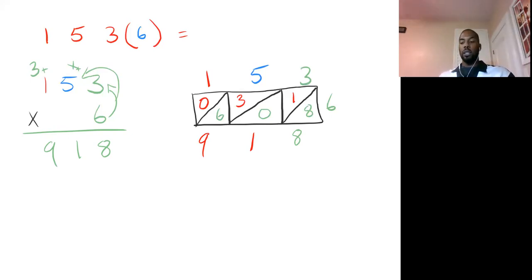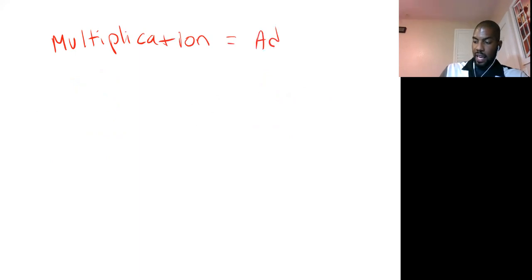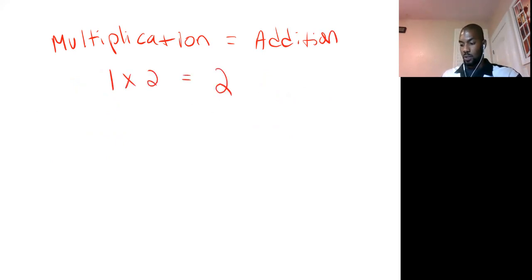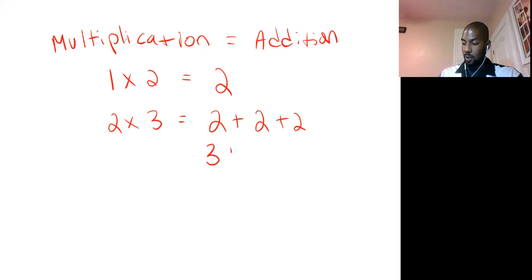So today, what did we learn? First, we learned in Mr. Thomas Teaches, multiplication is the same thing as repeated addition. It's the same thing as adding the same number to itself several times. 1 times 2 is the same as saying 2 plus itself, which is just 2. 2 times 3 is the same thing as saying 2 added to itself 3 times, or 3 added to itself twice. We learned that we can use stacking,